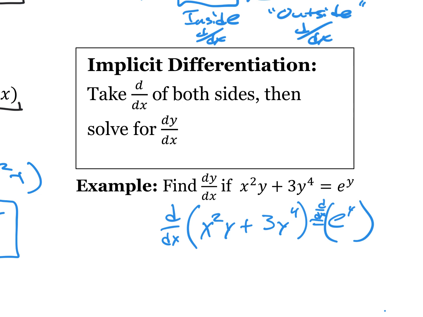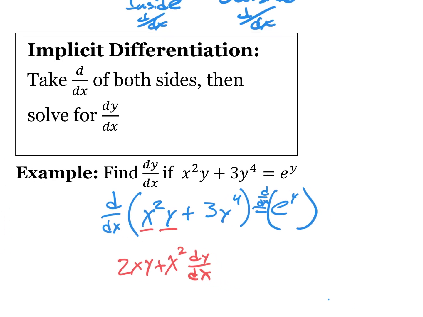So we got the derivative of the first, which is 2x, times the second, y, plus the first, x squared, times the derivative of y. What is the derivative of y? Well, that's dy/dx, because I don't know what y is. I just know that I need to find the derivative of it. Plus,